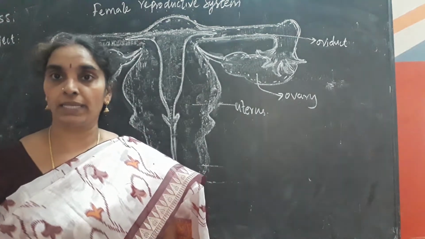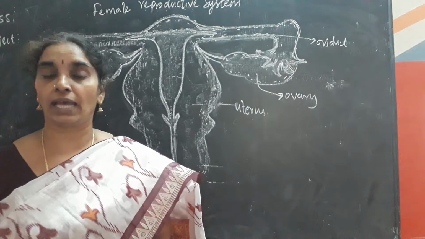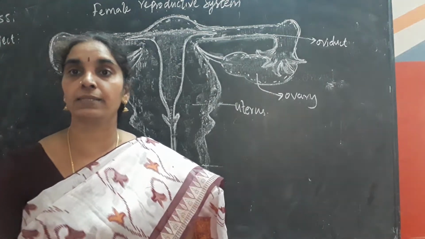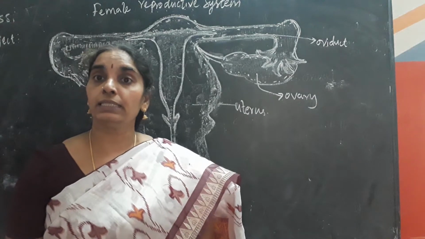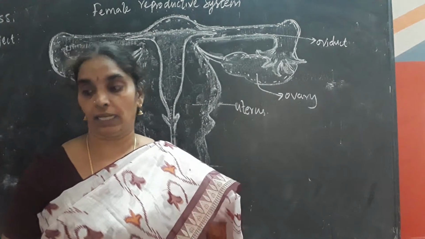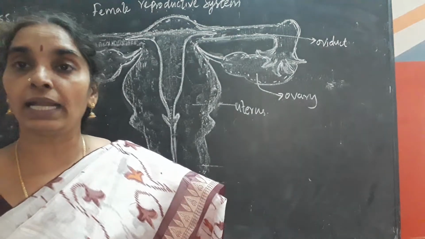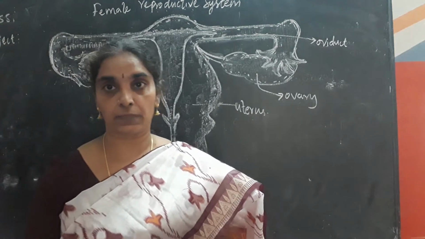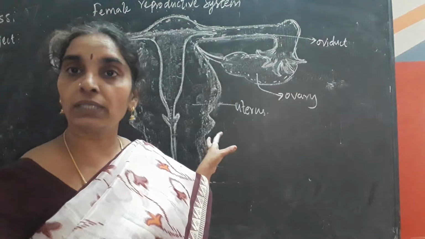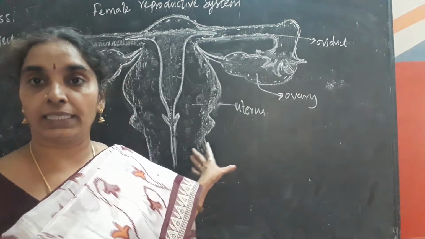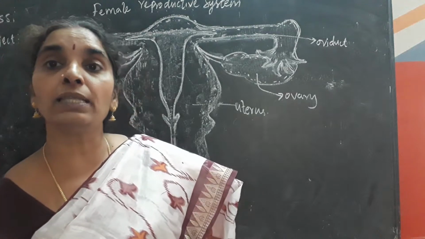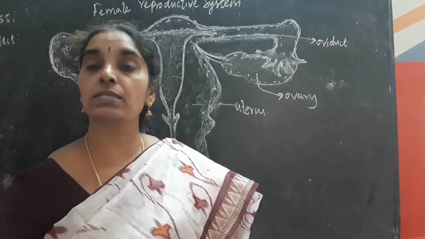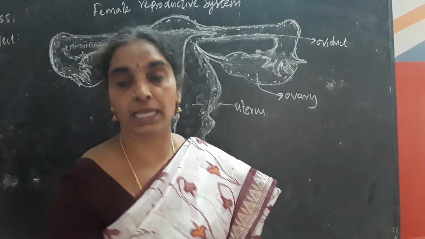In human beings, and in some animals like insects, mammals, amphibians, lizards, snakes, the fertilization is internal. There are both internal and external fertilization. Now we are reading about the internal fertilization that takes place in human beings. The fertilization that takes place inside the body of the organism is called internal fertilization.